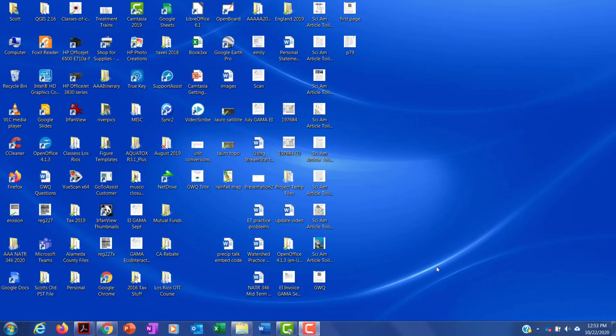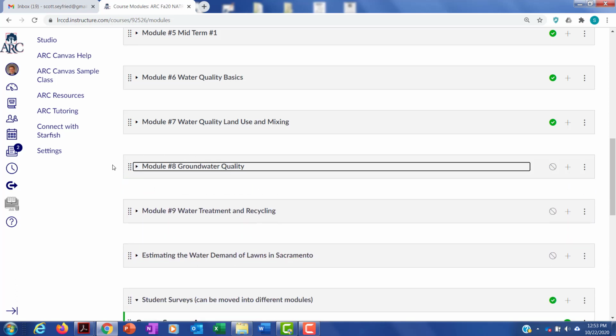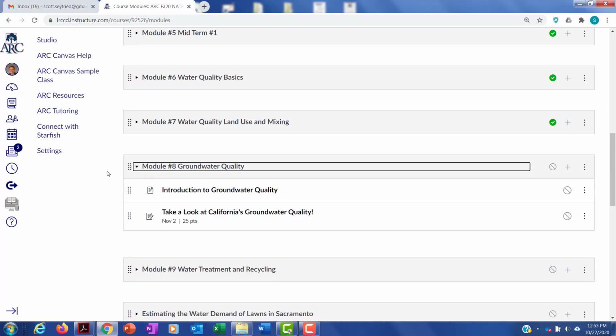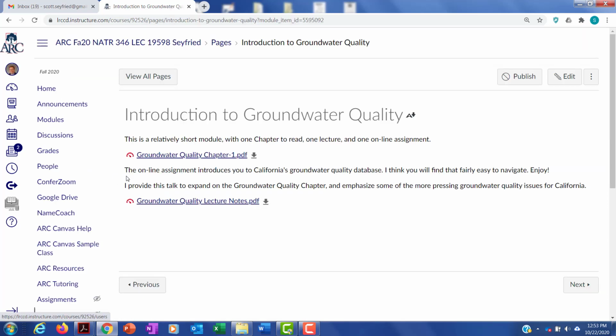Well, hello, NATR 346. This talk is to introduce you to Module 8 of groundwater quality. As explained here, it's a relatively small module. I have a groundwater quality chapter I want to introduce you to in this talk, some lecture notes I'm going to